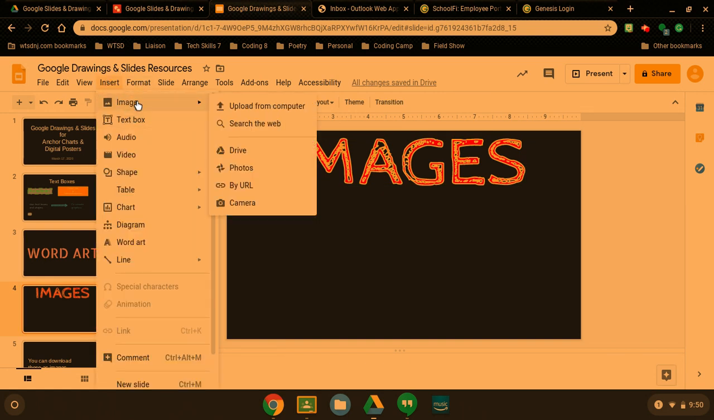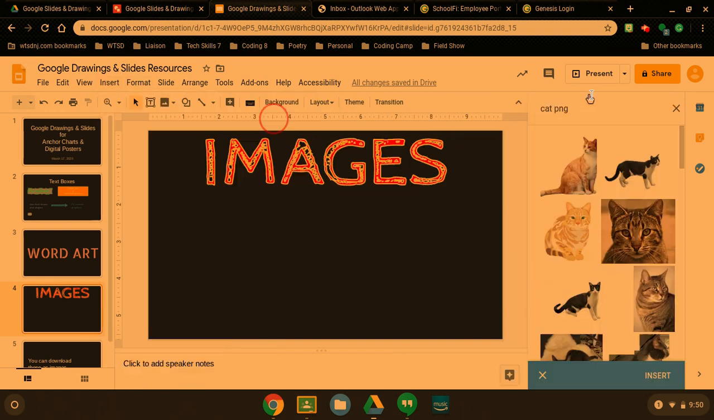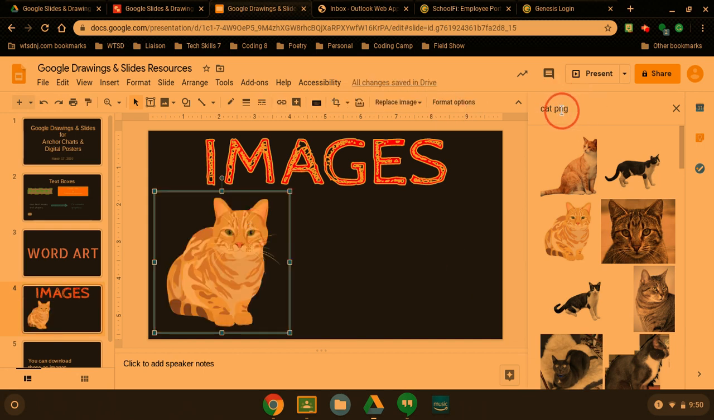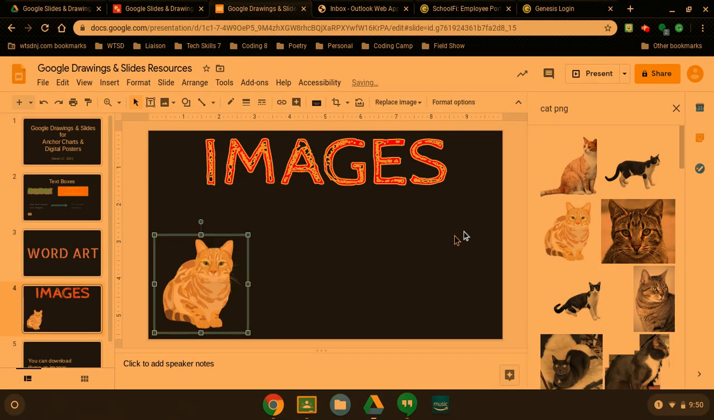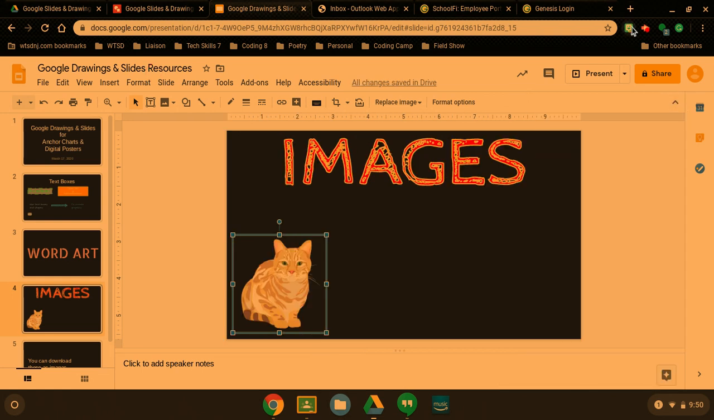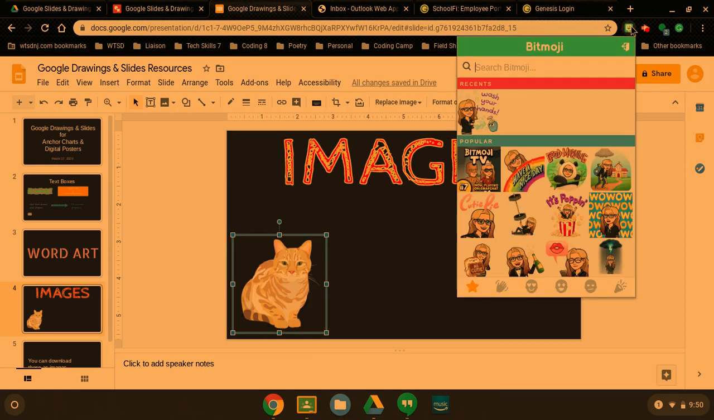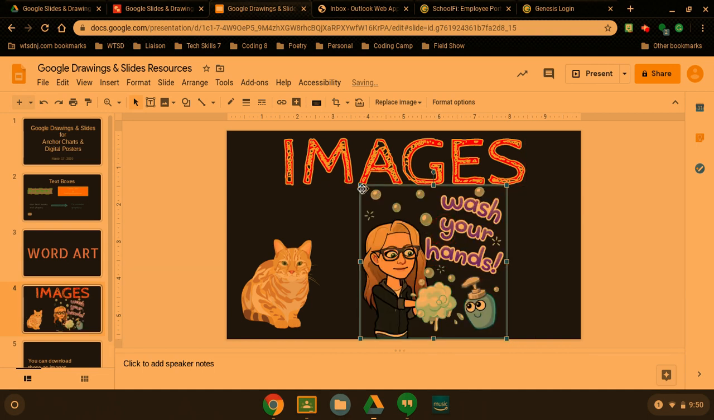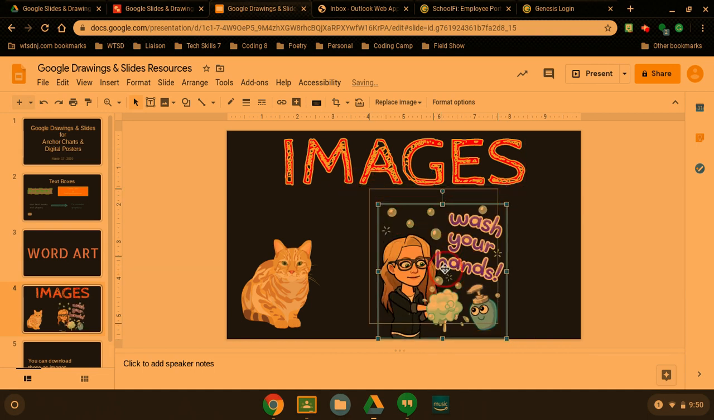If you wanted to insert images, you can just search right to the web from here. So let's say I wanted to put a cat in my poster. I could do that. Remember, PNGs are pictures that don't have backgrounds, which always look nicer. You can also search for transparent background and whatever you're looking for. The other thing that you can do is if you have a Bitmoji, you can also use your Bitmojis, which are also PNGs. They don't have backgrounds, so the kids can kind of see that you're